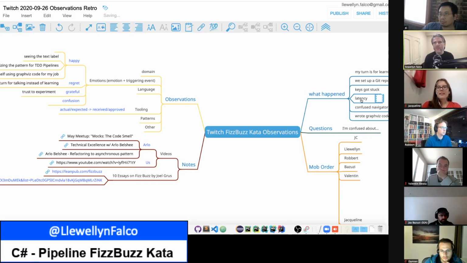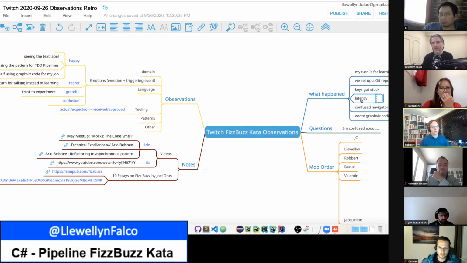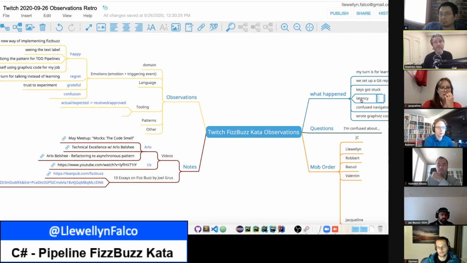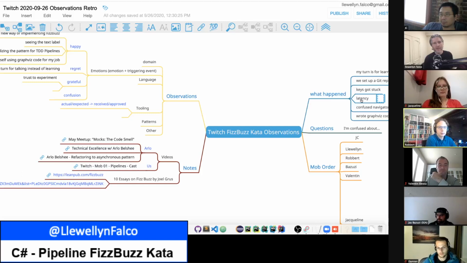Robert, the latency. I know it was there, but it feels like in general it was much better. How is it feeling on your side? It was only this one time that the screen froze, but it seemed to freeze for more people. There was a freeze for everybody, but I don't think that was a latency issue. I think something's weird with AnyDesk. Maybe indeed. That was the only hiccup. For the rest, it was perfect.